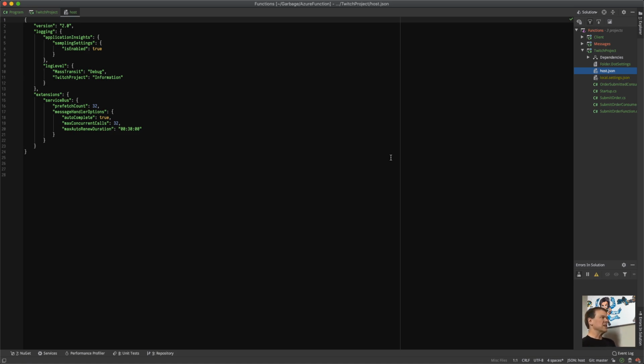I set the log level to debug for MassTransit so we can see when MassTransit is doing what it does inside the runtime. And then I set the extension service bus, which configures the Azure Function triggers. So